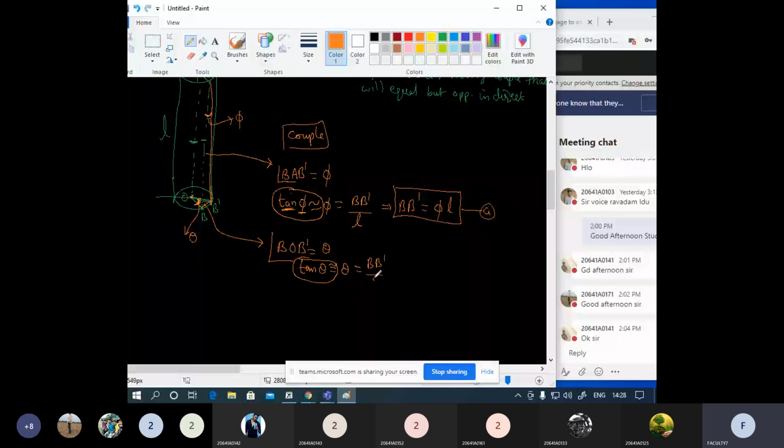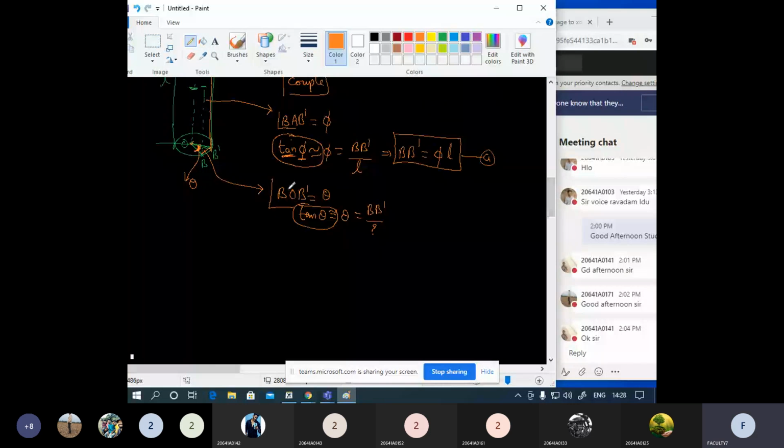Now here we are going to obtain a new concept. What is it that we need to find? We are dealing with the bottom of the cylinder, so we redraw the diagram of the bottom. This is point O, and here some B and some B dash are there, and between these we get the angle theta. This is the bottom of the wire.